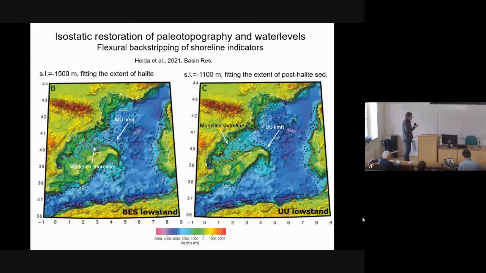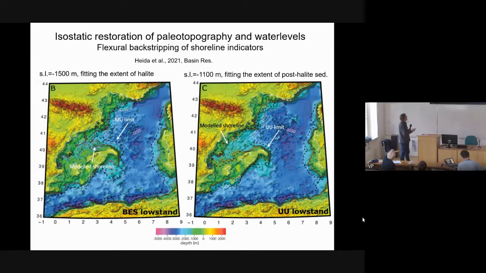This is part of the thesis by Hanneke Haida. She will soon be ready with it. What we do is we compile, at the scale of the entire basin, this is Corsica and Sardinia, the Balearic Islands here, and the Ebro Delta I was mentioning before here, all these features that could represent coastlines, recorders of the past location of the coastlines. The problem is what you pick as a